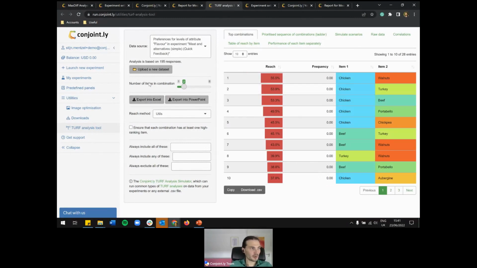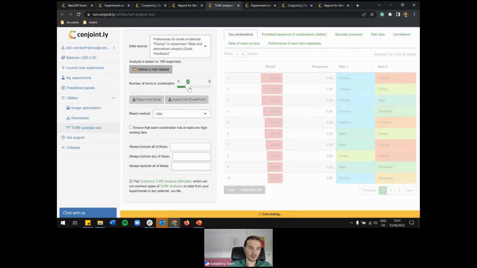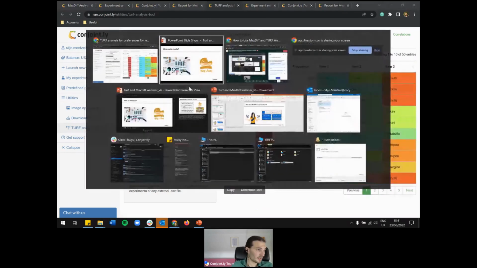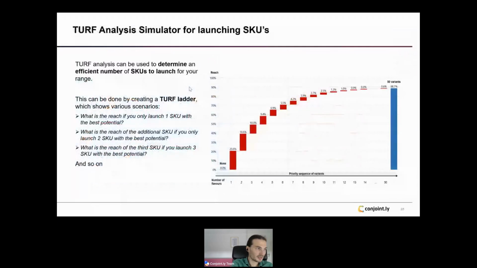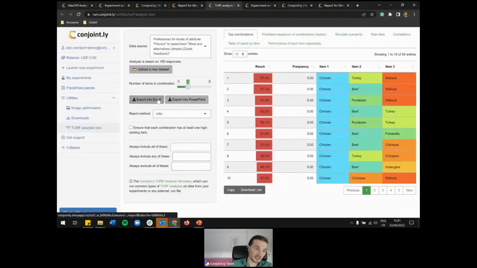Here it simply says the number of items in a combination. So how many items do I want to cross compare? So do I want to look at combinations of 3, of 1? Well, 1 you wouldn't do a turf simulator really for, but let's say 2 to 20. And if you do 2 to 20 or something like that, or let's say you do 20, you can create something like this table. All you have to do is copy and paste it into Excel, which is this button here in your DAP. So in this case, if I would have 3 items, we can see that I get a reach of